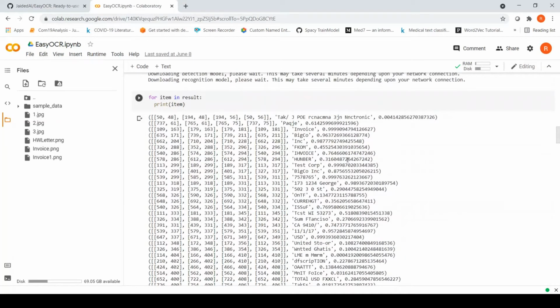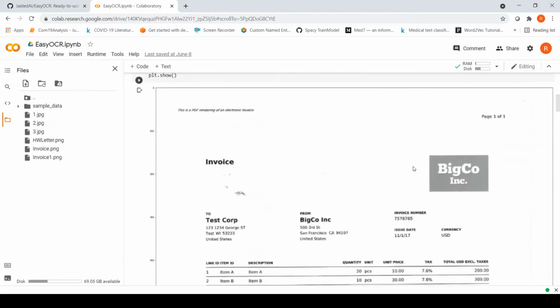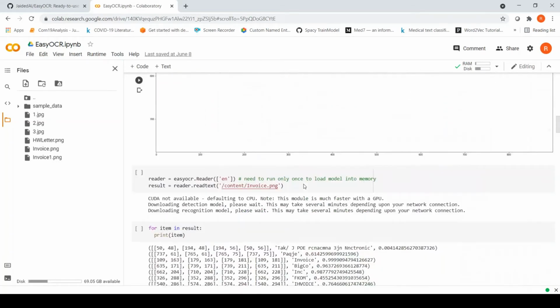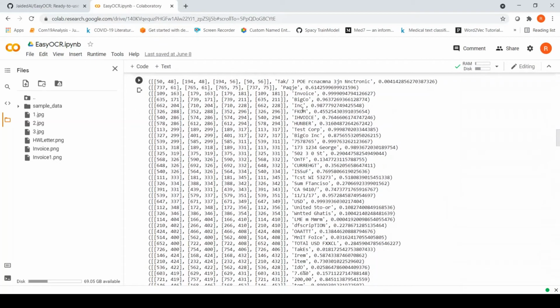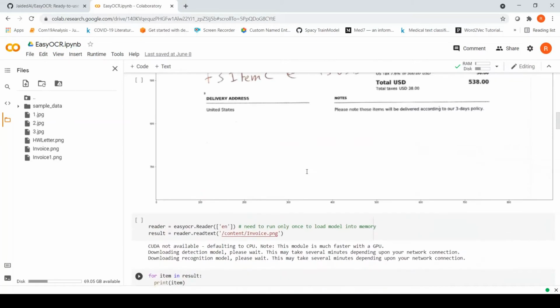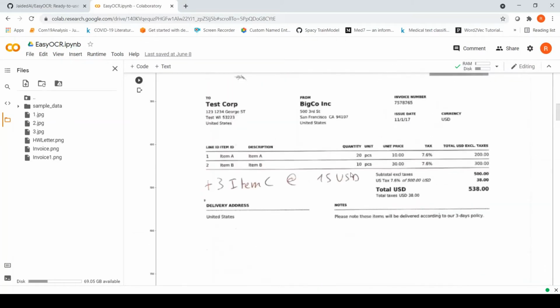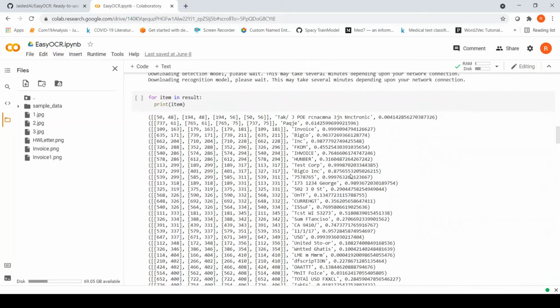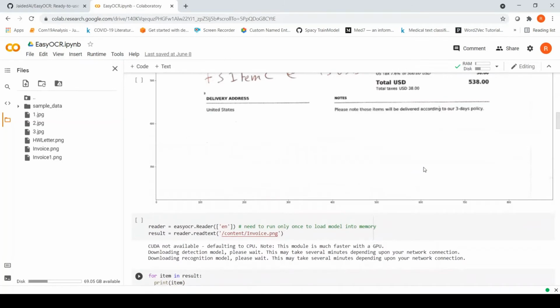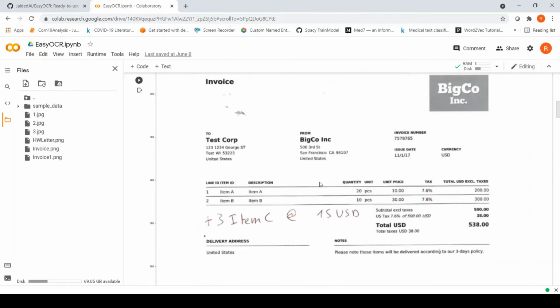Then you have Invoice, Bigco Inc, which has been detected properly. Then the word From is gone for a toss over here, so it has not been detected properly. So it's detecting some of these items properly, some of them not. This is the result of running EasyOCR on this invoice image.